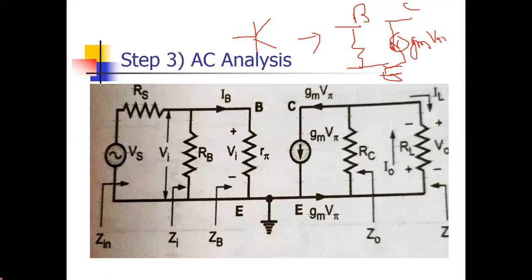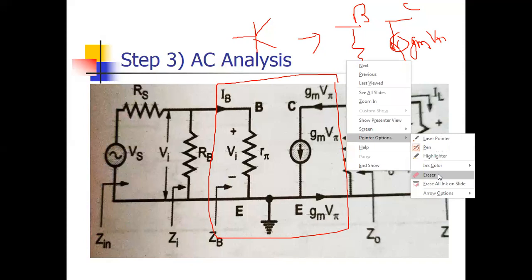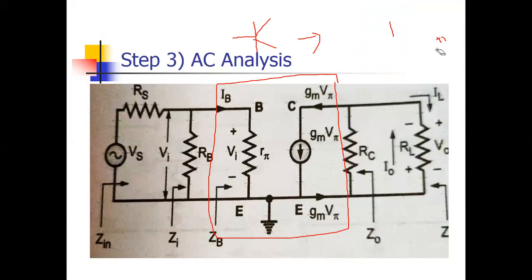See in this figure, up to this is the hybrid model of this symbol. What we have done is this transistor is converted into the hybrid model. This is your base, this is your emitter, this is your collector. Now we have to check what circuit we have to connect at base, emitter and collector. But this middle part is fixed. For this transistor, the hybrid model is fixed: r pi at the input side, gm V pi at the output side.